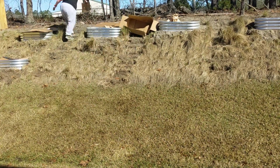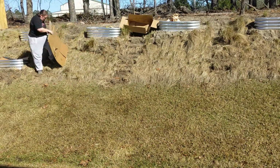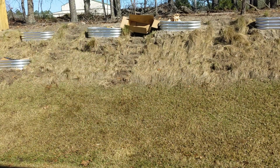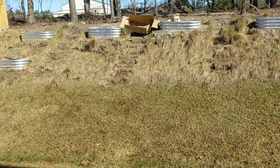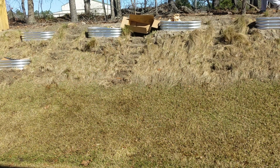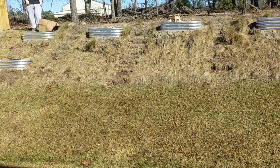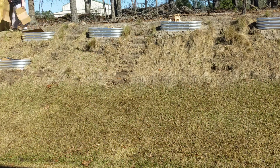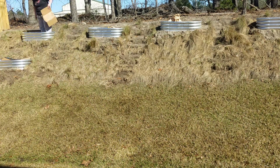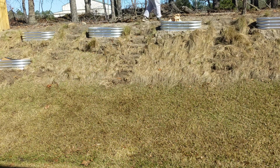So I started off by putting cardboard in the bottom of my raised beds. Now, these boxes I had previously broken down. I've been saving them for months, since before Christmas, of different shipments and things that we've gotten. And I already removed the tape and any labels off of them so that it's as close to just cardboard as possible. So I put down a layer of that cardboard and then I'm kind of using my body weight